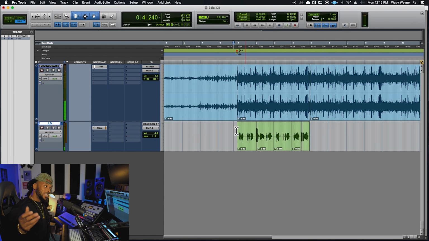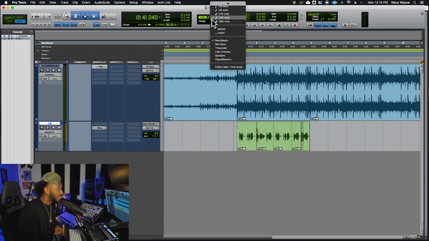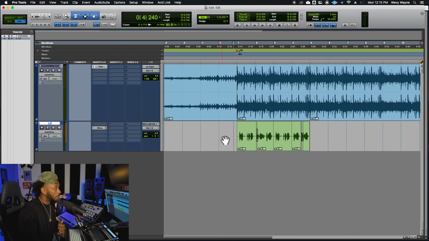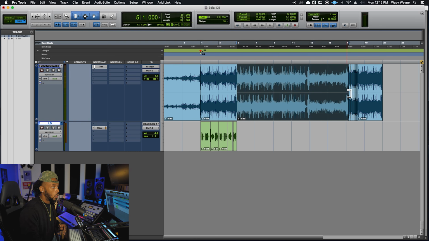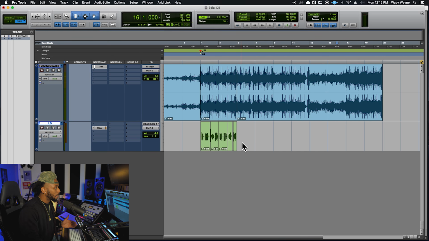Nice, all right, cool. So that's one powerful way that grid mode can be used for moving sections around musically, doing stutter edits and stuff like that. Another popular technique is flying the hook, meaning after I get this hook here one time how I like it, instead of having to do these edits again or repeat the recording process again, I could just simply copy and